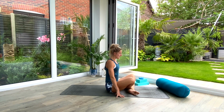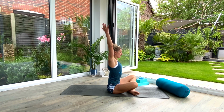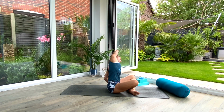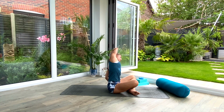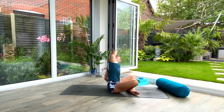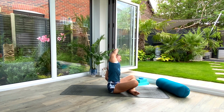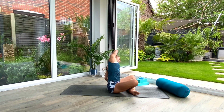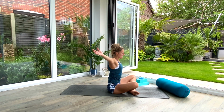We're going to begin with a seated half moon pose. So we're going to inhale as we lift our right arm up to the sky. Exhale as you reach over to the left. Take a nice deep breath in. Expand through your right side body. Exhale, sink deeper. One more deep breath all the way in. Exhale, sink deeper again. And then on the next inhale, come all the way back up to center, switching over